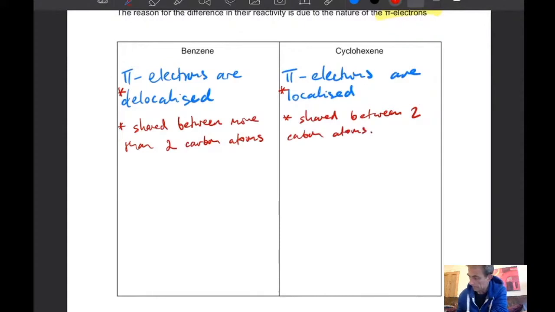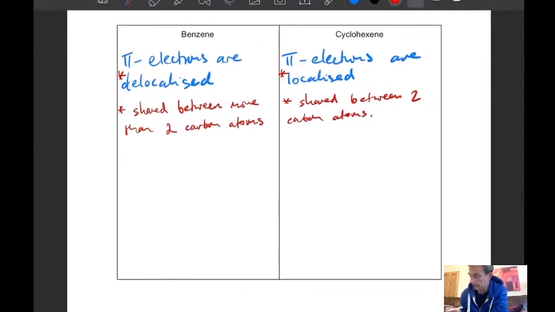So we've got a difference straight away in the way the pi electrons are organized. What we're going to say is for benzene, because the pi electrons are delocalized, that means the electron density